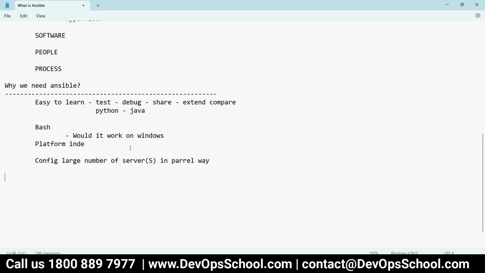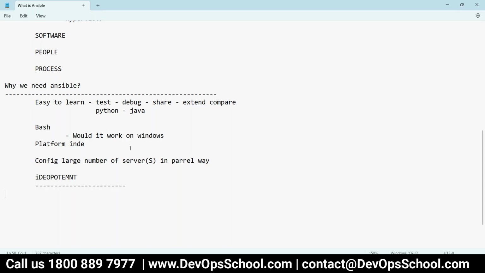Now, one of the things is Ansible is also idempotent. Anyone would like to talk about the idempotency feature? Idempotence functionality nowadays you will find in many tools, including Terraform.